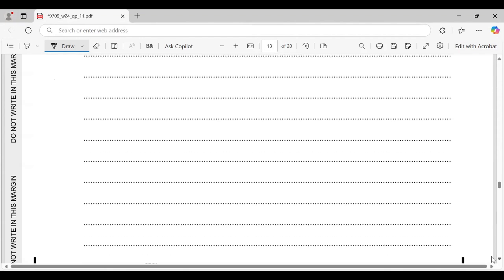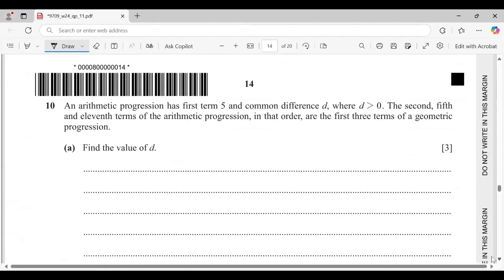Next question, number 10. An arithmetic progression has first term 5 and common difference d, where d is greater than 0. The second, 5th, and 11th terms of the arithmetic progression, in that order, are the first 3 terms of a geometric progression. Find the value of d. The first term is 5. And the second term is 5